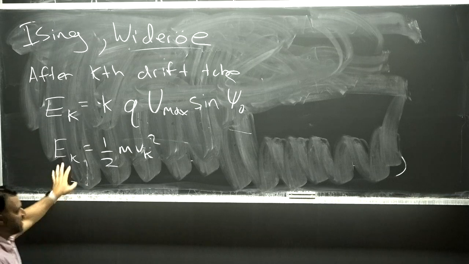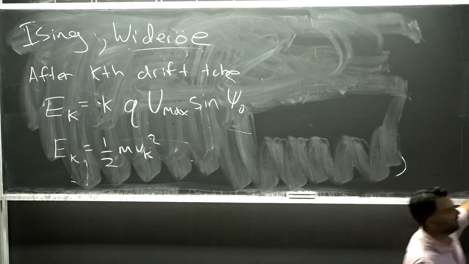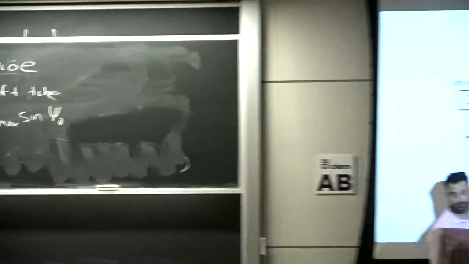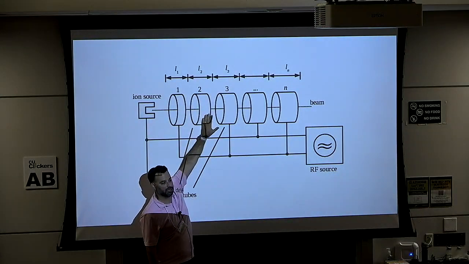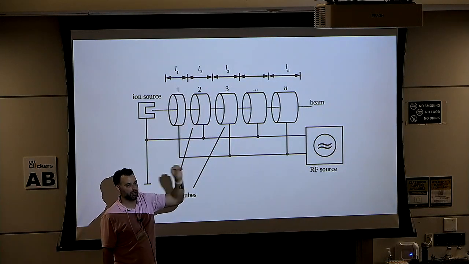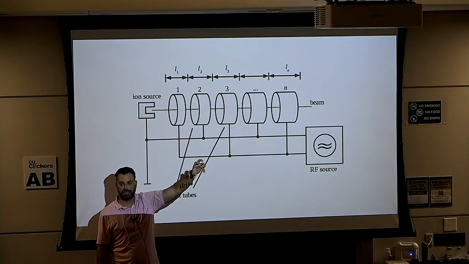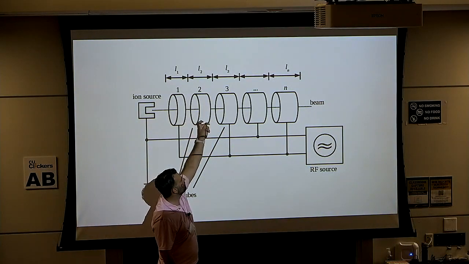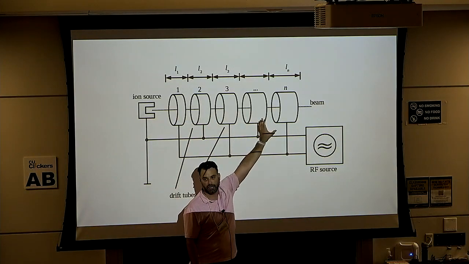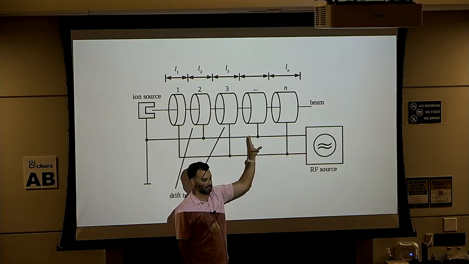And so the thing that I have to do, though, which is the hard part of it, which is why it's not exactly trivial, is as I'm accelerating through here, okay, the velocity of the particle will keep changing. So if I want to keep matching to only see the positive part of the potential, I have to keep adjusting the structure of my drift tubes so that the gap is synchronized with what the field's frequency is.